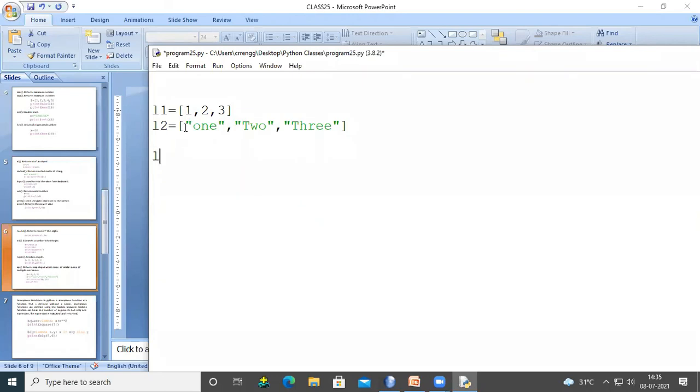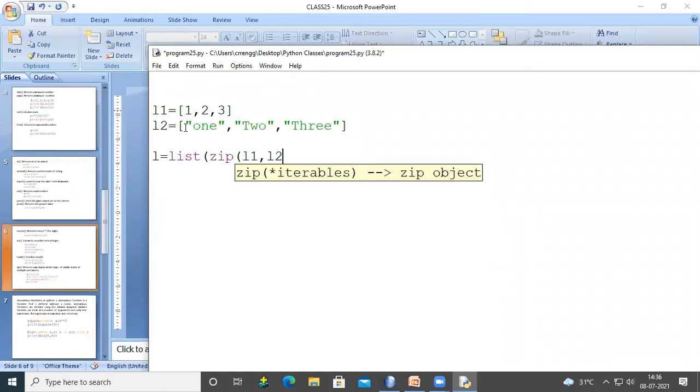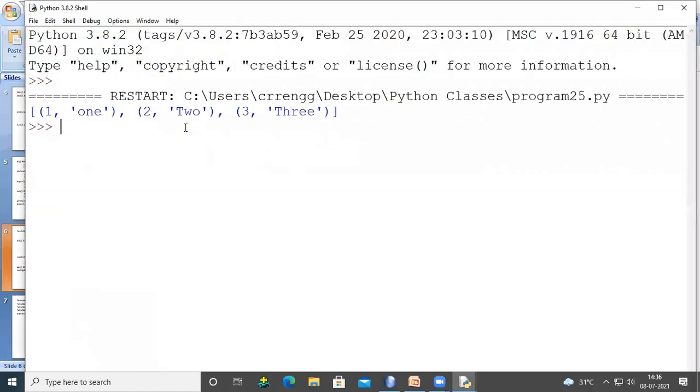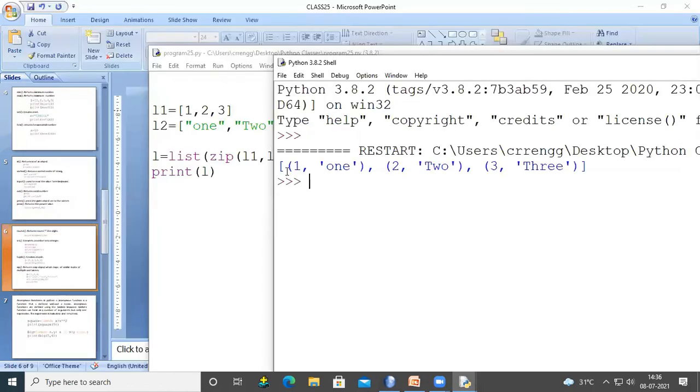So L equals list of zip of L1 comma L2. If you observe, this is the list L1, 1, 2, 3, and L2 equals 1, 2, 3.